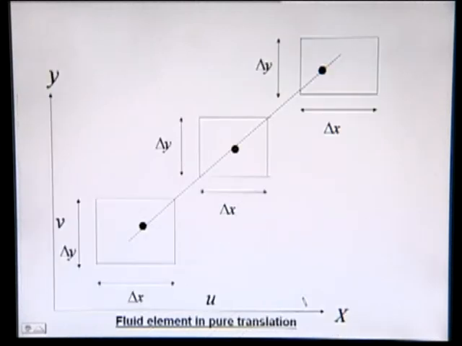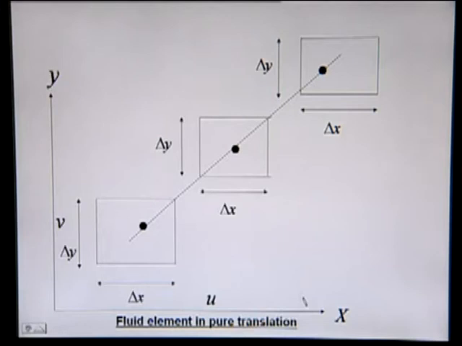In translation, we have a fluid element, and for simplicity we have a two-dimensional Cartesian framework here, x and y coordinate, and where we have a fluid element which is shown here with the help of a point having dimension in x and y direction of size delta x and delta y. In this fluid region, a particle is moving, and we have u is constant and v is also constant, where u and v are the velocity components in x and y direction. When u and v are constant, then this fluid particle having size delta x and delta y in x direction